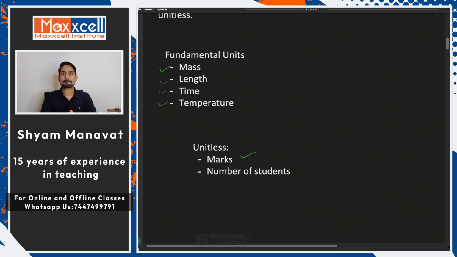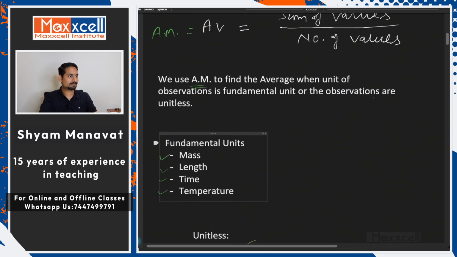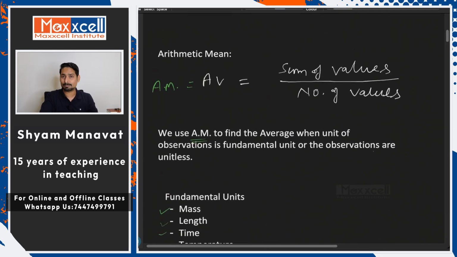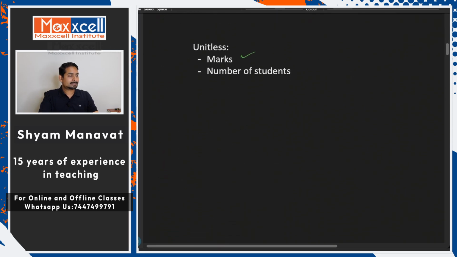So the question will say find the average. Which formula do you have to use there? Arithmetic mean. What is arithmetic mean? Sum of values by number of values. I hope there is no confusion. This is the formula you have used all the time. Another case is